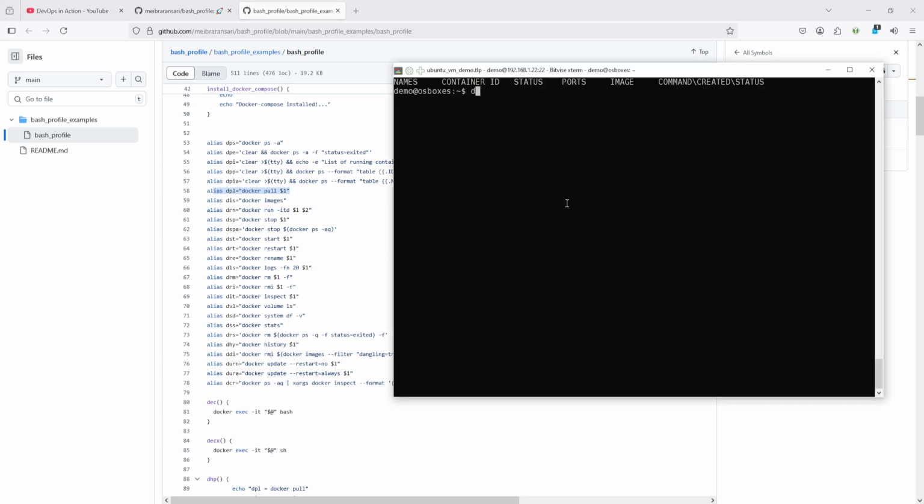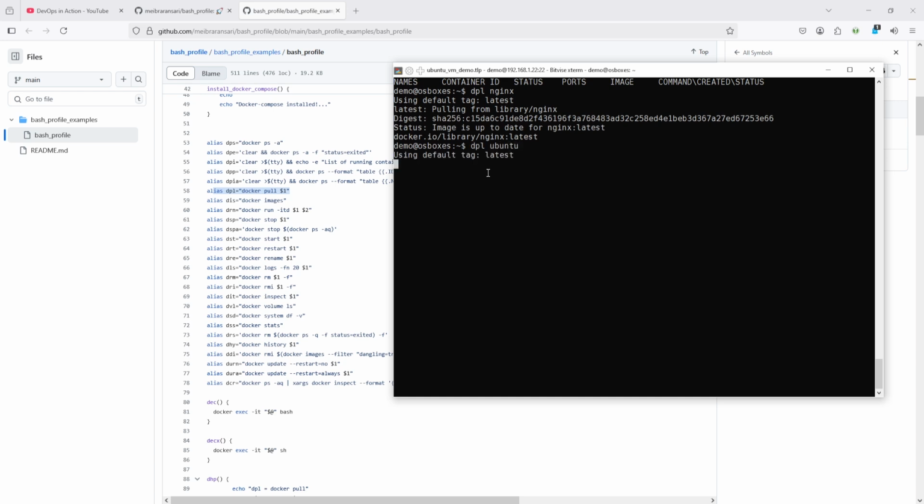Let's say I want to pull nginx. You can see it's already there. Okay, let's docker pull ubuntu. Yeah, it's downloaded. Okay, so with the help of dpl you can pull an image, and with dis you can list down